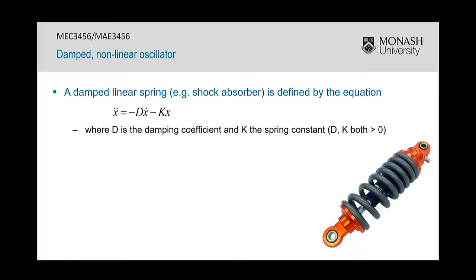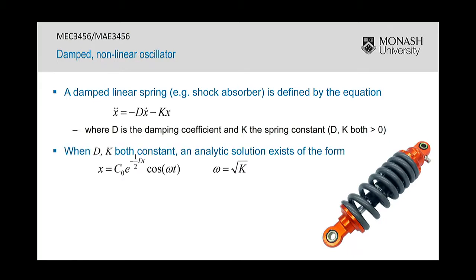Another example is a damped non-linear oscillator. So, for example, something like a shock absorber. The motion of that can be described by the equation x double dot is equal to negative d x dot minus kx, where d is a damping coefficient and k is a spring constant. Both d and k are greater than 0. If they're both constants, then an analytic solution exists of the form that x is equal to some constant times e to the minus 1/2 dt times cos omega t, where omega is equal to the square root of the